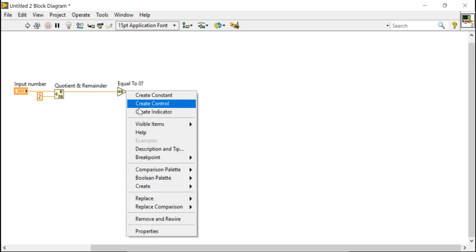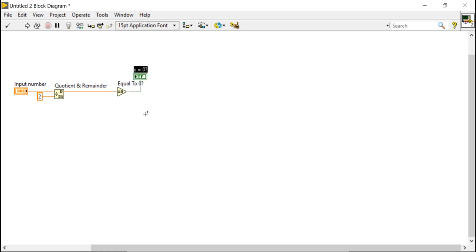Now right click and create an indicator. When you create an indicator, you will get this LED.